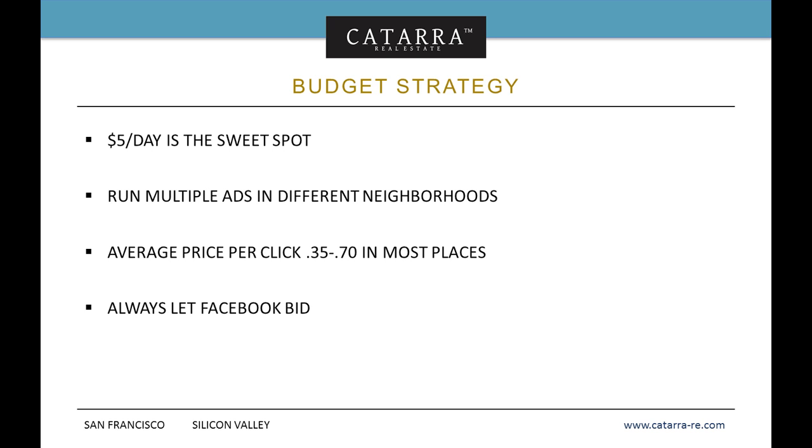Always let Facebook do the bidding, which is what I mentioned earlier, and never let your ad continuously run. So like I said, turn it off and you'll keep control of your money spent. If you're doing 3 zip codes, $5 a day, that's $60 a weekend. You're talking about $240 a month. At least up here, my general experience is I'm going to generate.